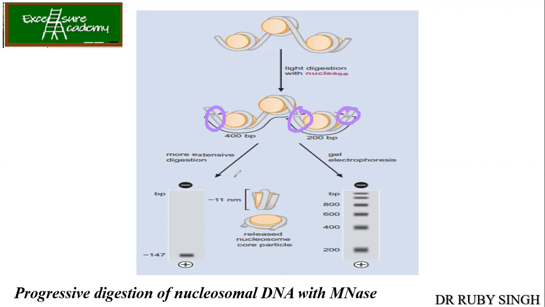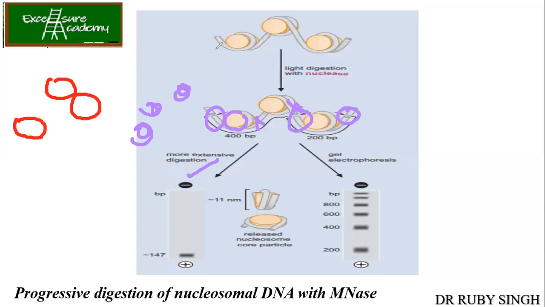Now, when it was given the extensive digestion, at that time we came to know, see these particles, these nucleosomes, after the cut from here, the nucleosomes were separated, okay, and they were bound with the DNA. Okay, there was no linker DNA. ठीक है, समझ में आ रहा है? So आपको क्या समझना है यहाँ पे? So nucleosome था यहाँ पे सिर्फ, and these nucleosomes were bound with the DNA. So this population was separated and then given the extensive digestion.